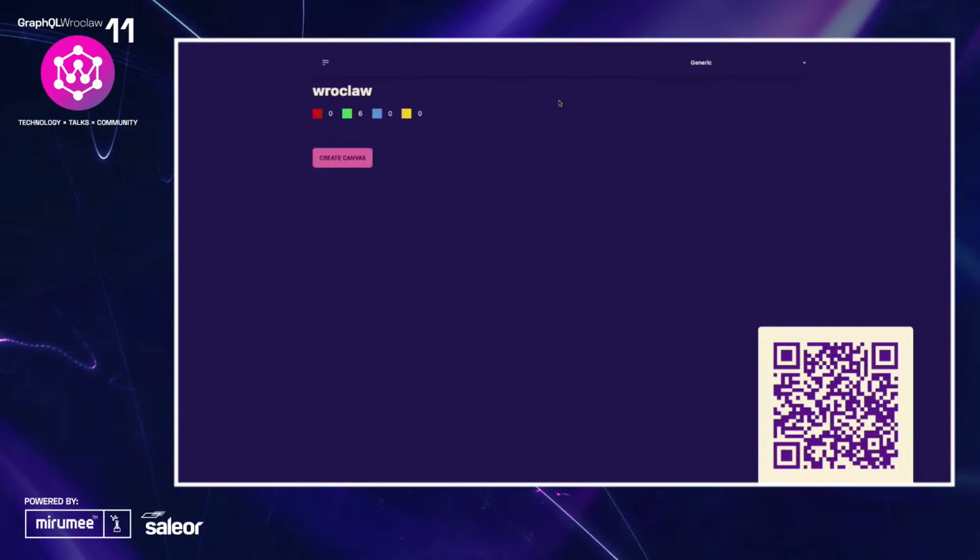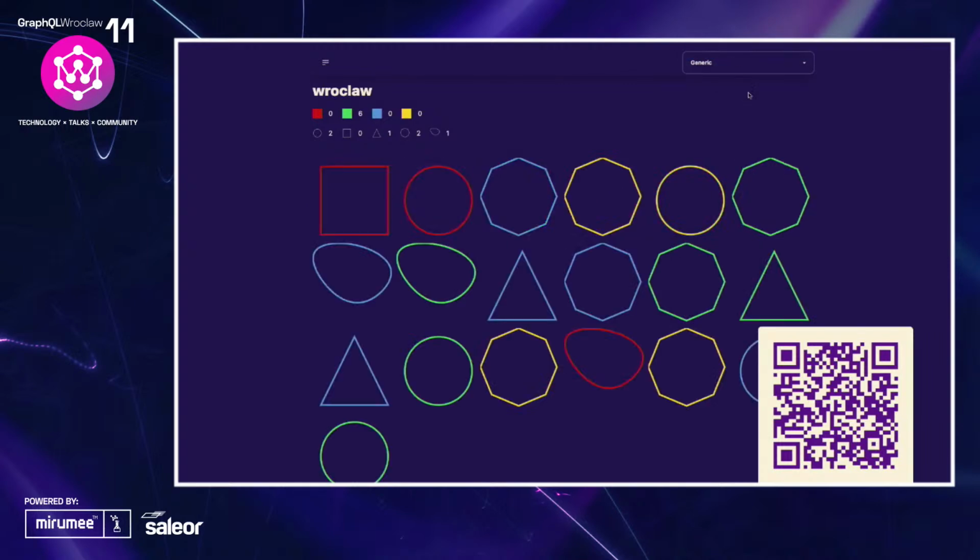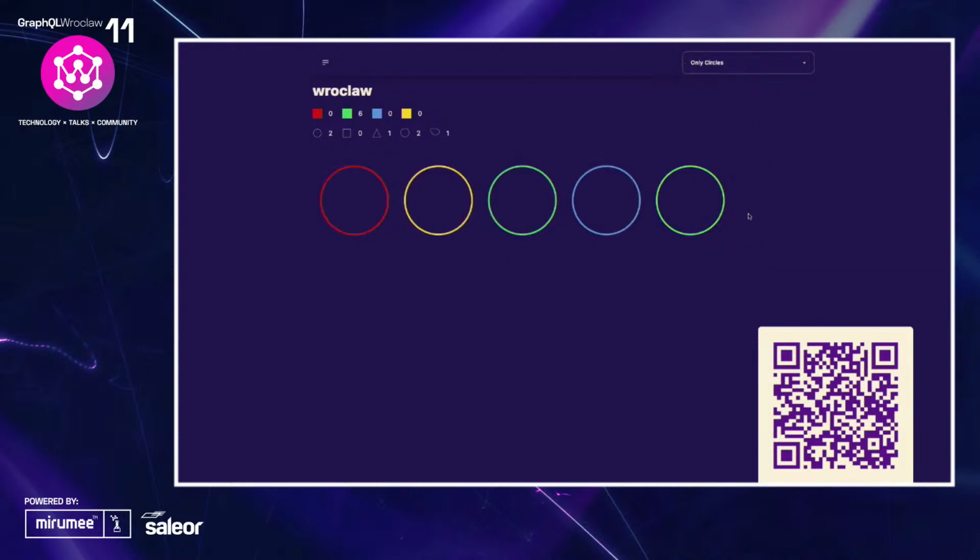So now if I refresh the page here one more time, so we'll look at we're on the only green one. We'll go back to generic so we can kind of see what it looks like to fetch all the data again. And now we're going to need some more activity here. If we go to only circles, we've got the shapes, and now we should also see only the people that have shape objects. When you update your colors, then we'll only actually see your events streaming across the top. If anybody who's a shape circle wants to update,